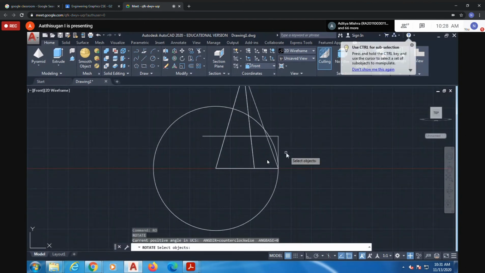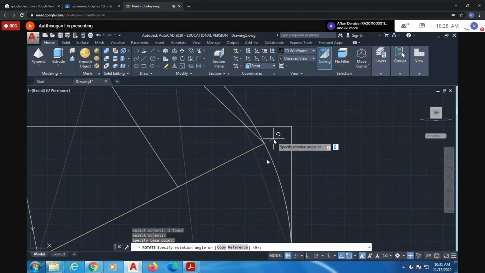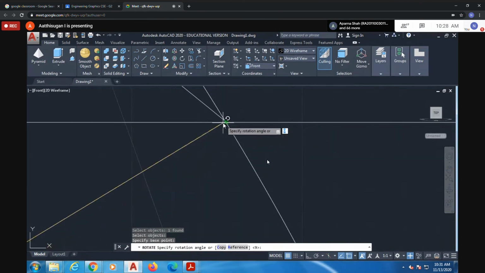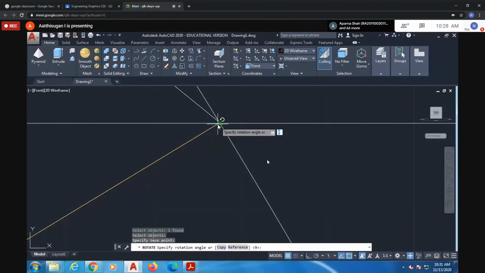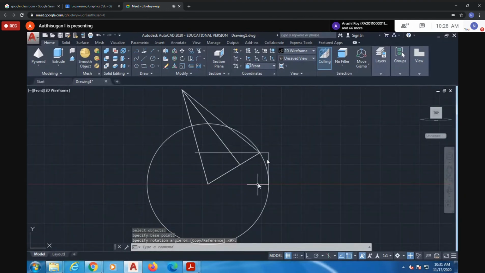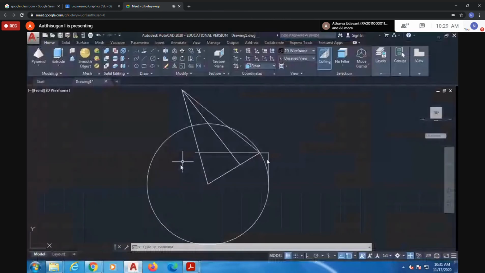See, I can do it once more. Rotate, select object, press enter. With respect to this one, I'm moving this corner along with the height. Imagine that intersection. Just zoom in up to here. Now imagine this height I am moving up above the ground. The only question they gave is that the highest base corner is 20 mm above the ground. So in the front view, remember, you can see the 20 mm above the ground. Then the remaining you can delete.